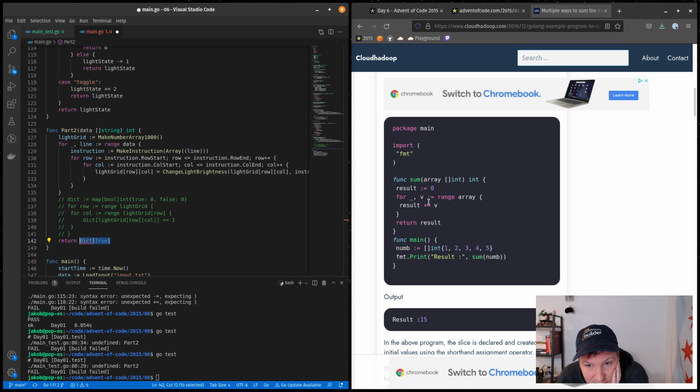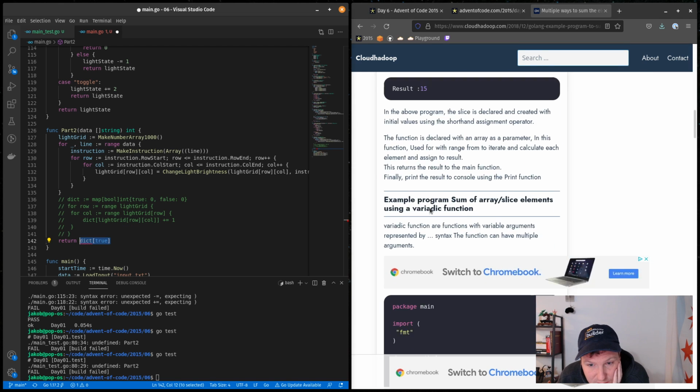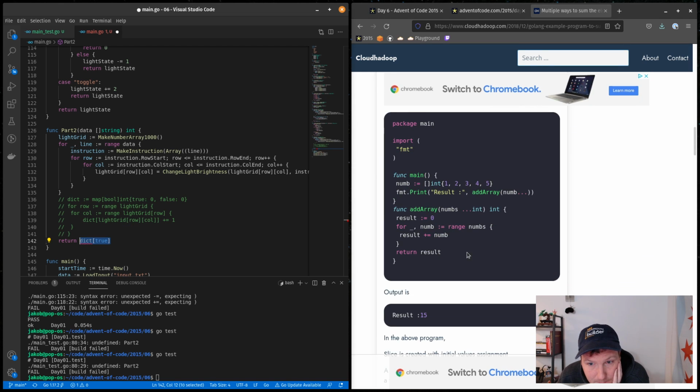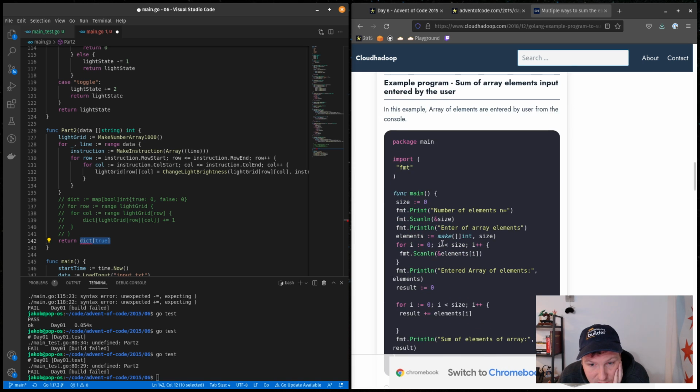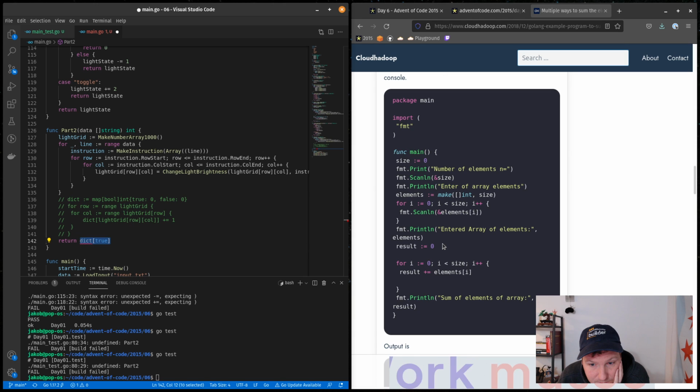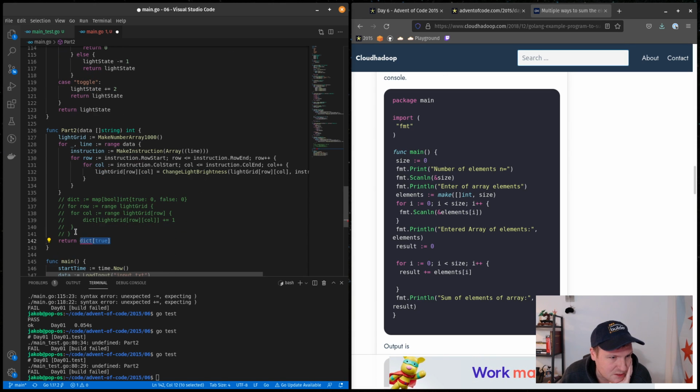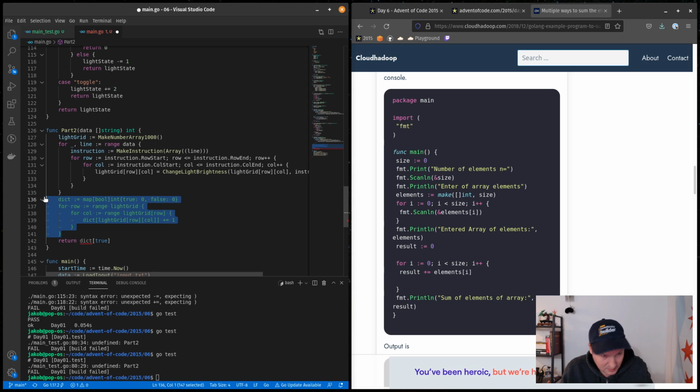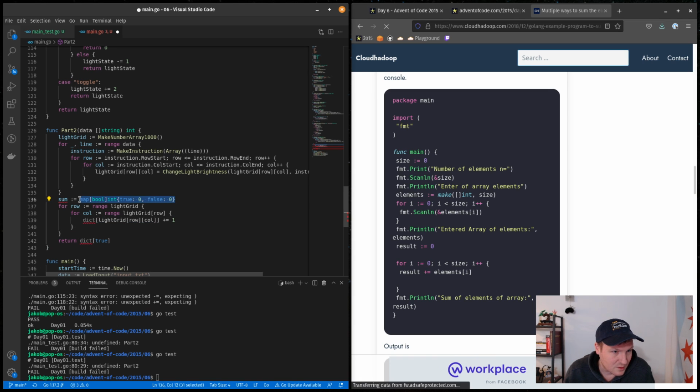It looks like you still have to range over the array. Let's see if everybody ranges over the array. Yeah, okay. Let's just do that. What we're gonna do is just make some value which is going to be an int, which is going to equal 0. And for each of those things, we will